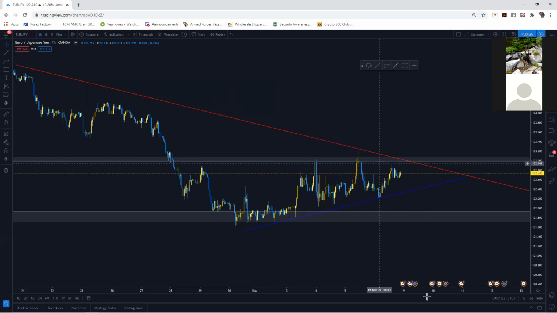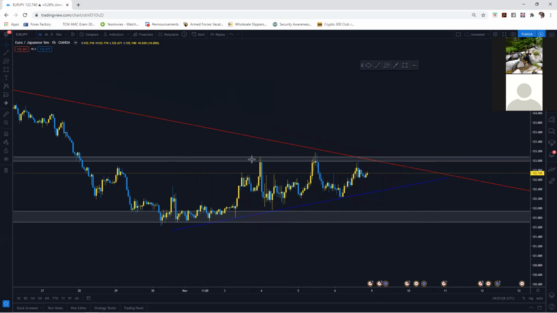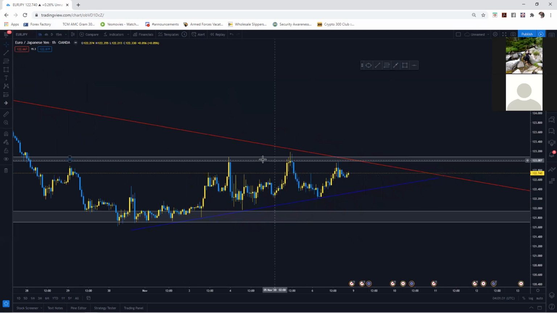Okay. So this resistance zone right here. Right now what I see is price is respecting our red trend line, right? It's respecting resistance, right? Remember, this was our daily resistance, also serves as our 4 hour resistance, and also serves as a 1 hour resistance. And on top of that, one is respecting our bearish trend line. Two is respecting resistance. And three,